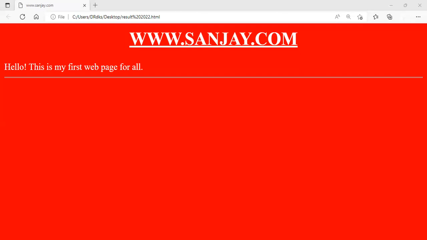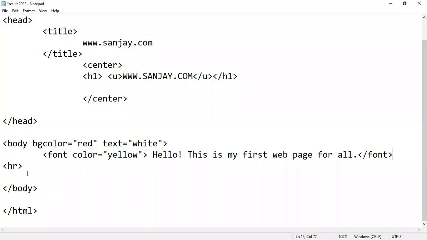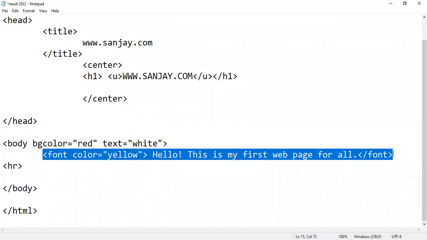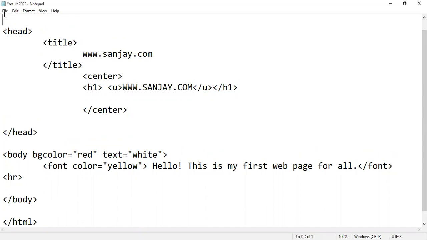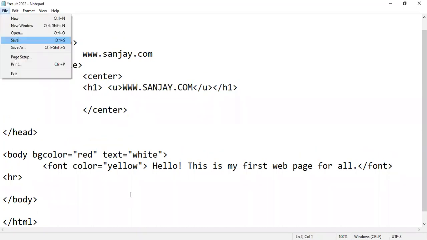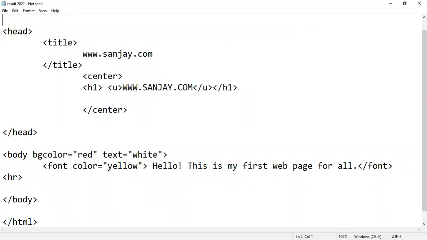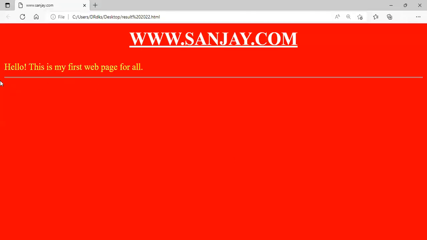Is the notepad visible or not here? Yes, sir. So see there, it is the notepad as we type this code. Clear? Yes, sir. Okay, and just save this again. And again, we move on to the web page like this and press F5. You will get the content in yellow, right? So this is the feature